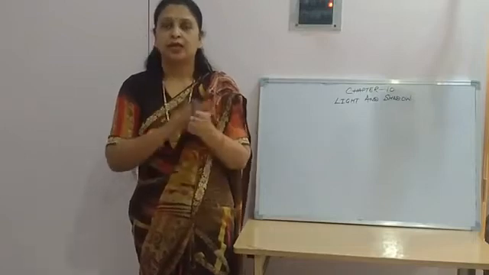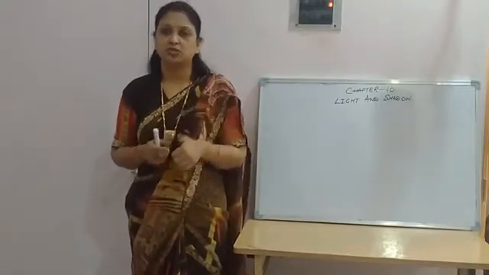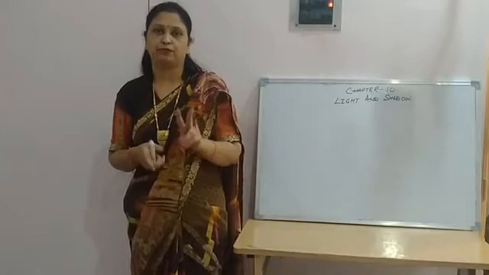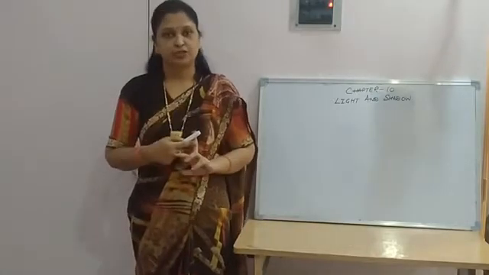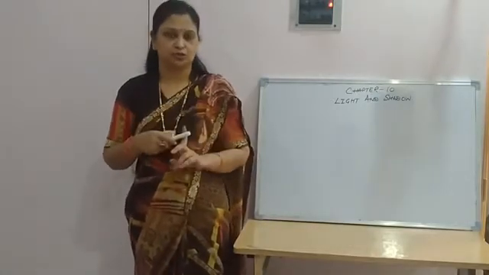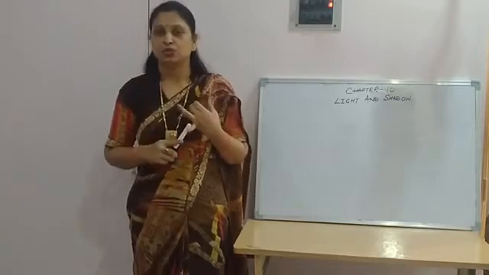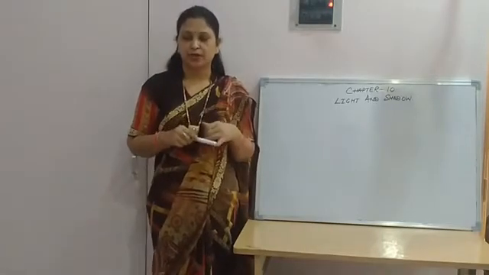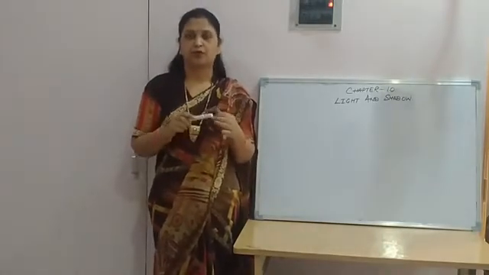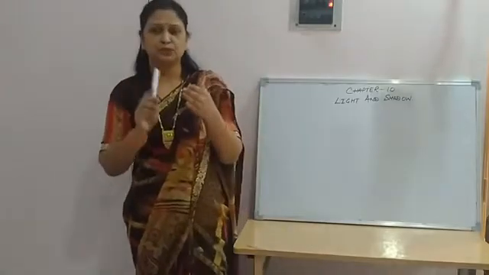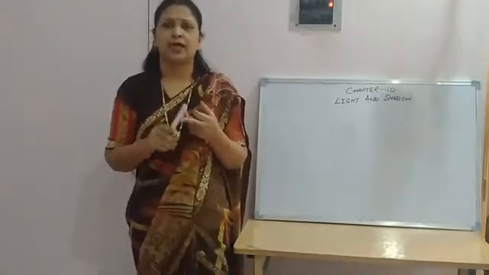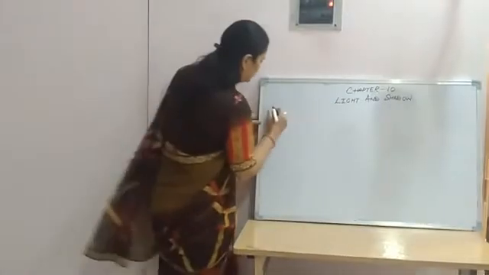Then after that, I explained to you about the sources of light. There are two types of sources: one is artificial source of light and the other is natural source of light. Artificial sources of light are created by man. For example, torch, bulb, candles. Okay. Now,